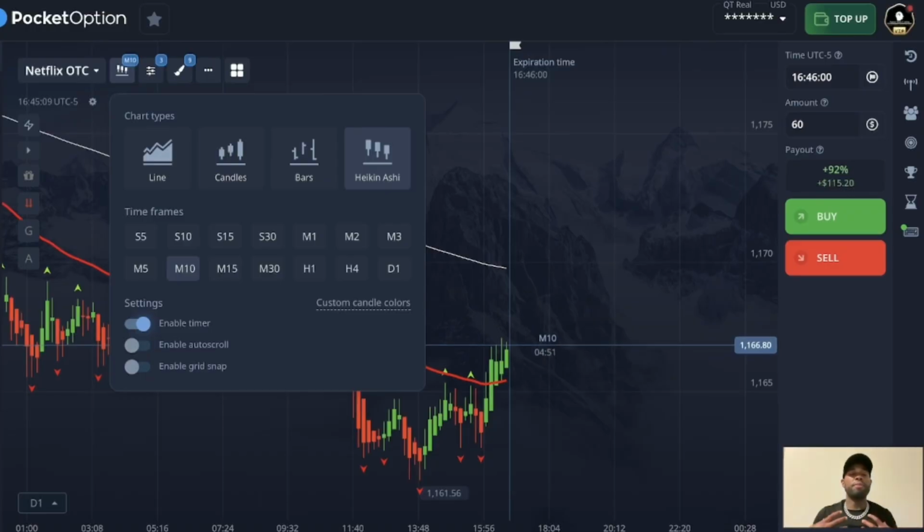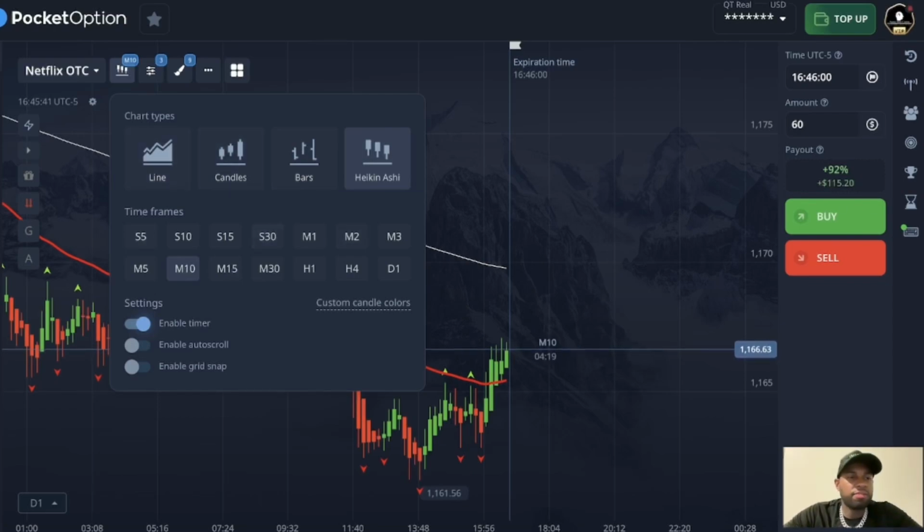Now, if you're learning from me, if you're looking to have me as a mentor, a guidance tool, a person that you are going to take interest in learning from, holding your hand, this is the main thing you need to know. Chart types: Heiken Ashi. This is what we use. I'm going to be teaching you a whole lot about the Heiken Ashi. I do not use bars. I do not use candles. I do not use line.